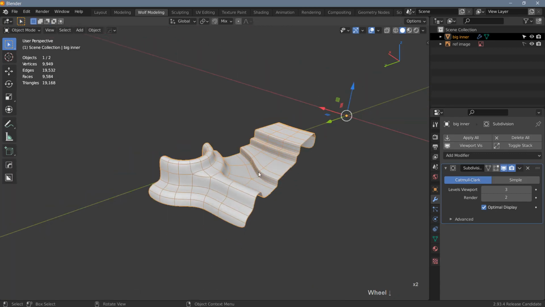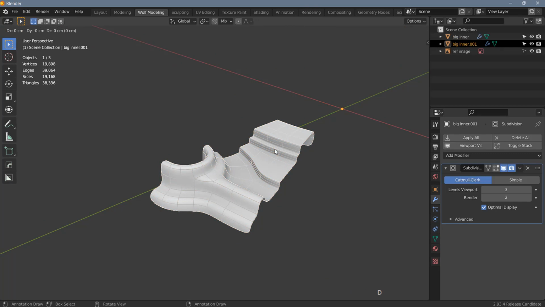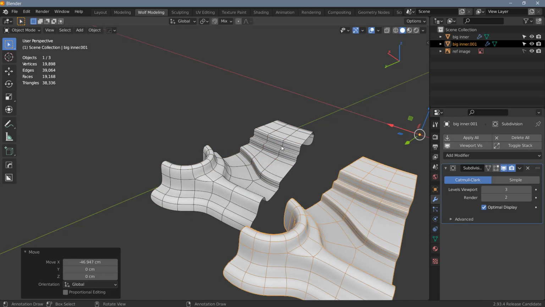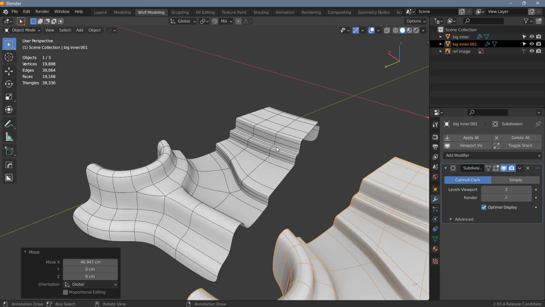So let's go to object mode. I want to do a couple of different versions here. So I'm going to hit Shift and D to duplicate the object and move this over a bit. No matter what we do, we're going to create quite a lot of geometry for this object here. And I want to try and reduce the geometry a little bit by doing different versions that have different numbers of control edges. The object that I've just created is how you would usually do it. So you have a control edge on either side of the corner. But because the distance between these edges here is so small, I think we can get away with fewer control